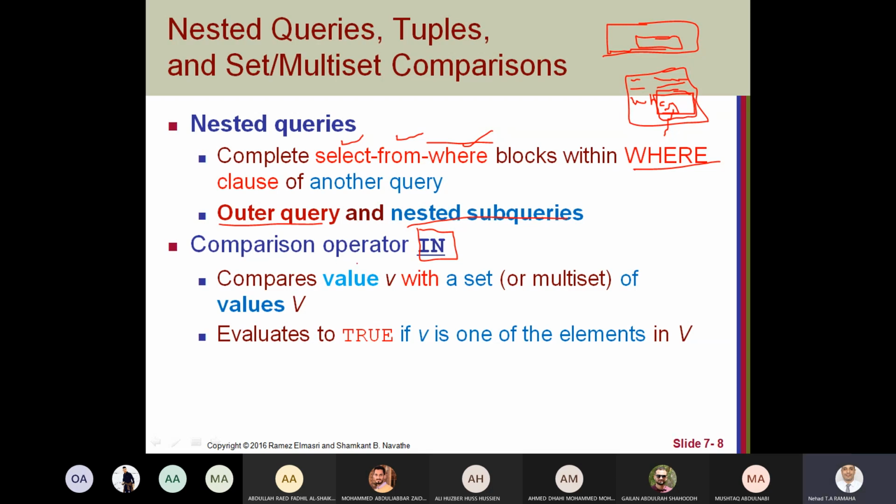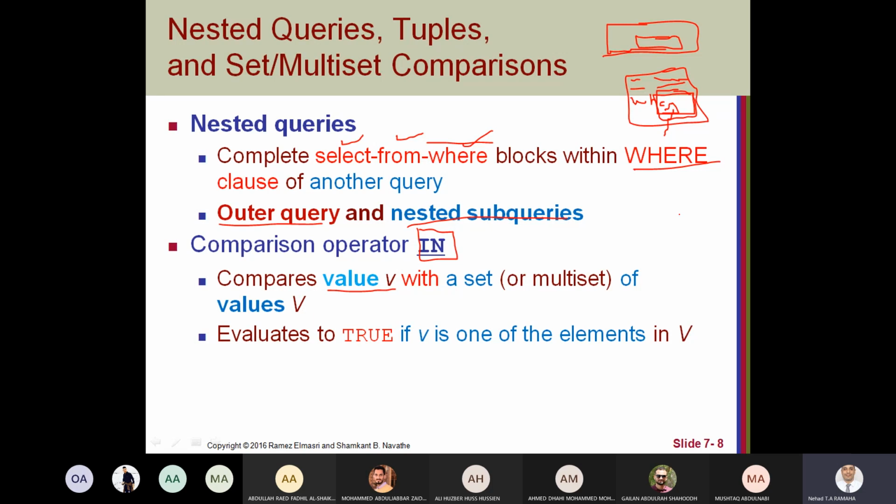So IN compares a value with a set or multi-set. What is the difference between set and multi-set? Set means no repeated values. Multi-set means you have repeated values.